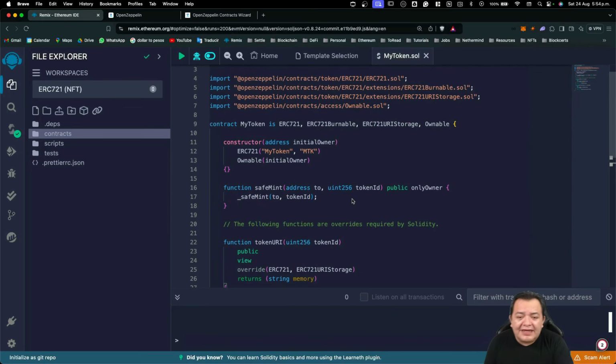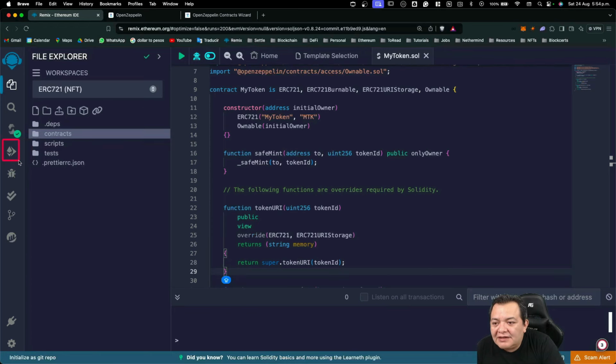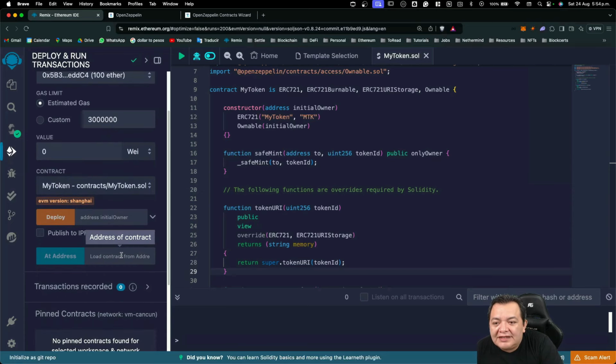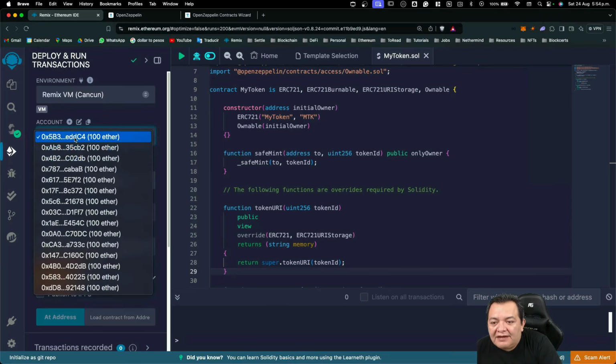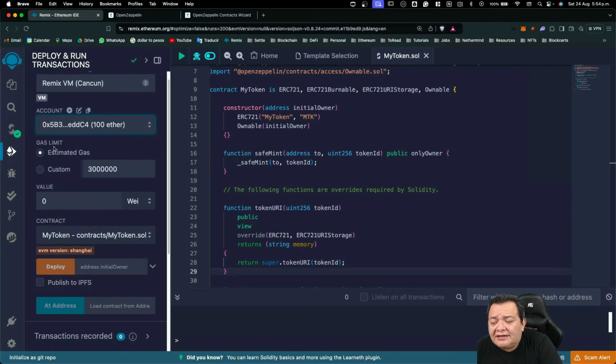And now let's check what do we have here in this smart contract. Let's go to the section and let's deploy our smart contracts. Let's go to this section here and let's deploy the contract to the test network. Here you have the environment Remix Virtual Machine Cancun, so this will be fine. You have several accounts with some Ether, and also, well, you can